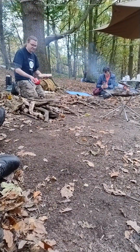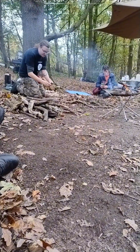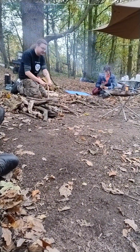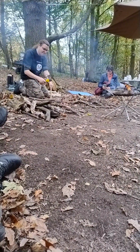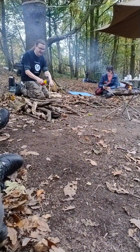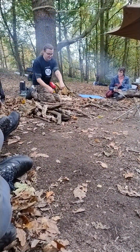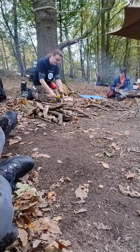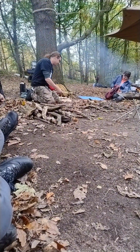So yeah, that's a slightly boring little tip. The important thing to remember when you're battening is to use the bit of the blade that's closest to the handle. And when you've hammered it in so it's flush, you're going to have to start hitting the end of the blade. Now what tends to happen then is the blade starts to tilt. So you've got to keep this arm firm. If it doesn't, and you go straight down, you get your nice